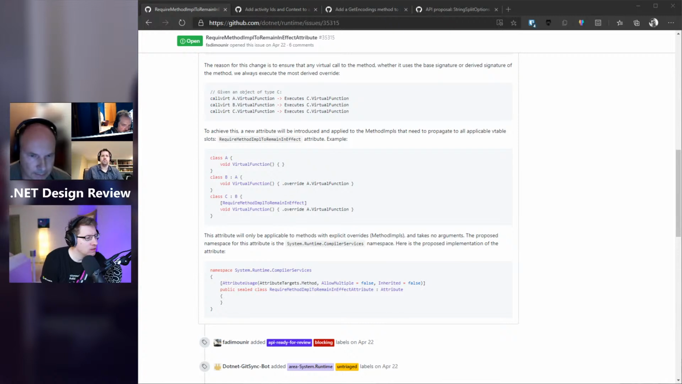I know this is complex, and it makes sense. My question, I think this is the generic one that we always ask: does it have to be an attribute? Or I guess the method impl flags, there's only so many of them. You don't want to put it there, but it seems like